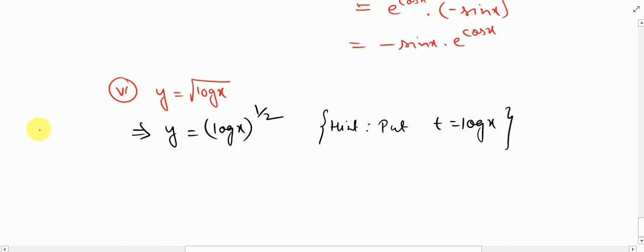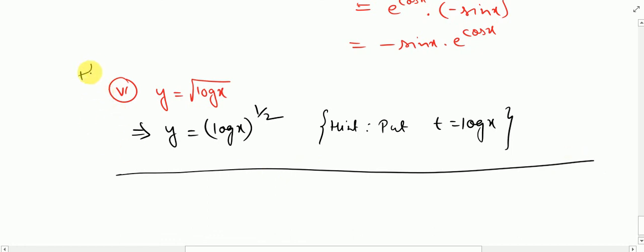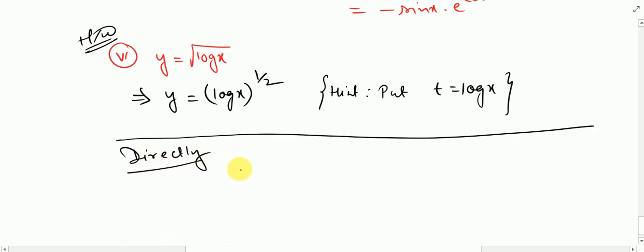Now let us see directly. Actually, indirectly also we are doing chain rule only, but we are minimizing the steps, that's all. You can try this by yourself and check whether you are getting the same answer as what we get directly. So see, directly without chain rule: y equal to log x to the whole power half, clear? Now differentiate both the sides, dy upon dx is equal to